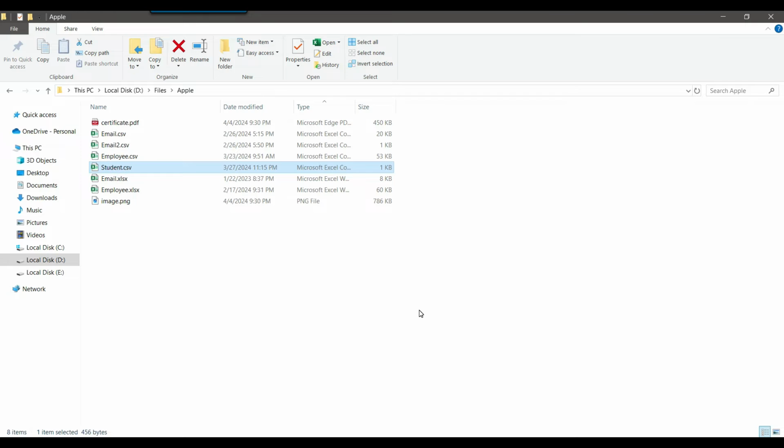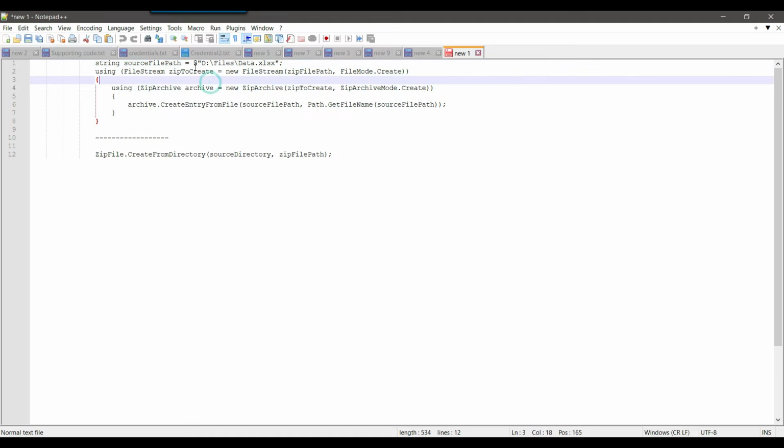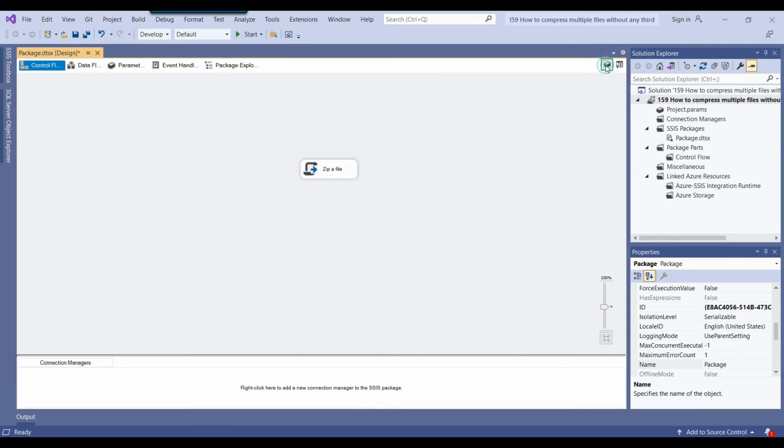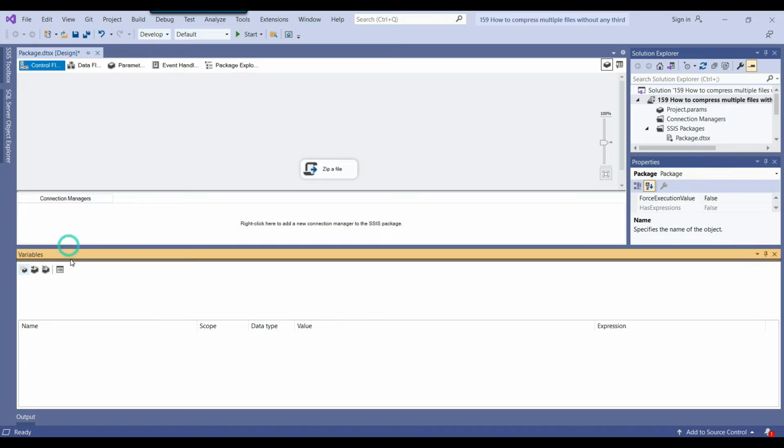So we can run a loop using a for each loop container in SSIS. We will be using the for each loop container to loop through multiple files from this particular folder, and then we can get the file path from here. That file path we can pass to this particular variable, this location. And we'll declare a variable zip file path here, and then we can just assign the path and the file name to zip file path as well. So for that we can declare a few variables. I will declare only one variable.